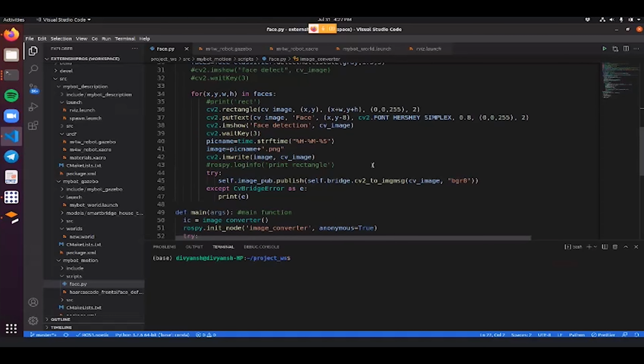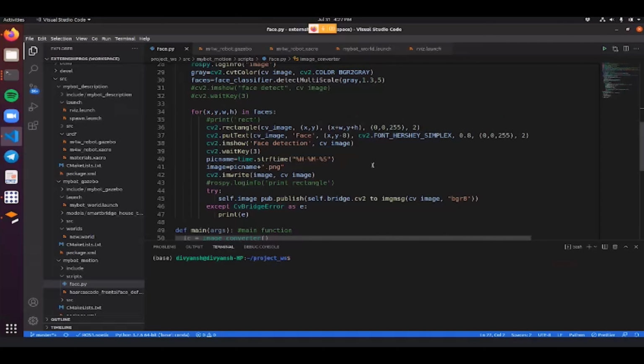Now we will go through the iteration of the for loop in phases. After a face is detected, what our OpenCV package is supposed to do is put a rectangle box around the image as it is detected by the classifier. Next, we put a text with the face detect tag under it.